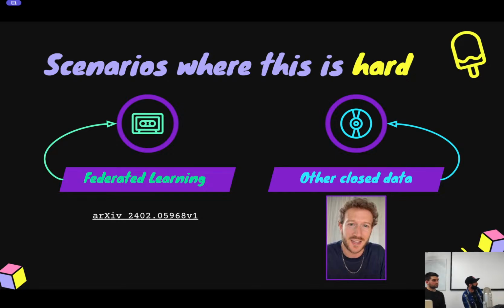We have a paper on arXiv that talks a little bit about this that we did with Tom. And it's not just federated learning, like we increasingly get our data sets or our models from closed sources, right? So Llama 3 is my latest example. Nobody knows what's in the training data for Llama 3, right? Maybe we know a little bit about it, but do we know that it meets those qualities, for example? Who knows? Probably not.